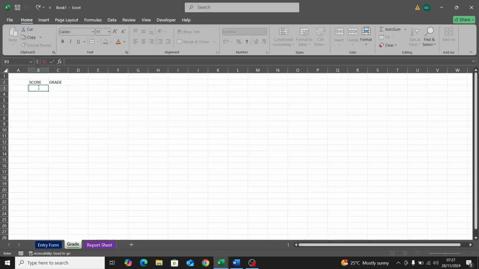We need this one to be able to pick our grade from the score. So if the person scores 0, automatically that is an F, which is fail. If the person scores 40, depends on what your school actually sets, here 40 is D. If the person scores 50, it is C. If the person scores 60, it is B. If the person scores 70 and above, 70 is actually A. Let's say the person scores 80, that is A plus. So if the person scores 90,